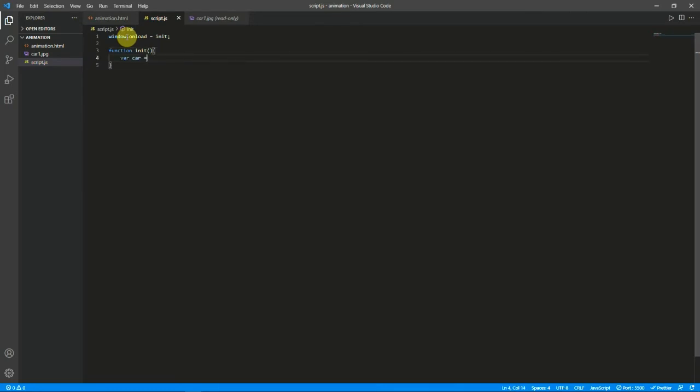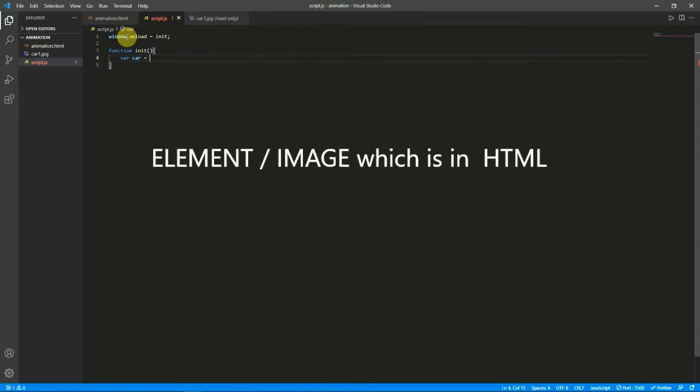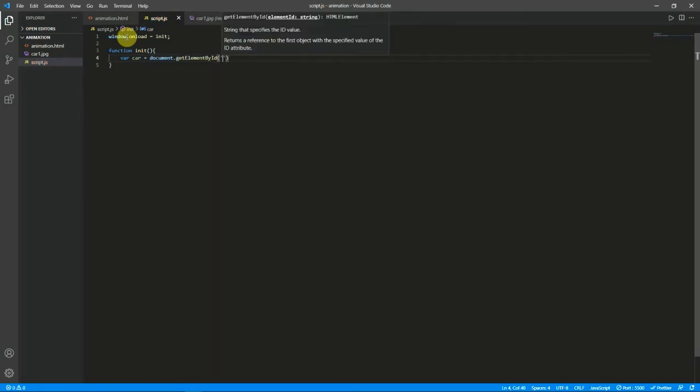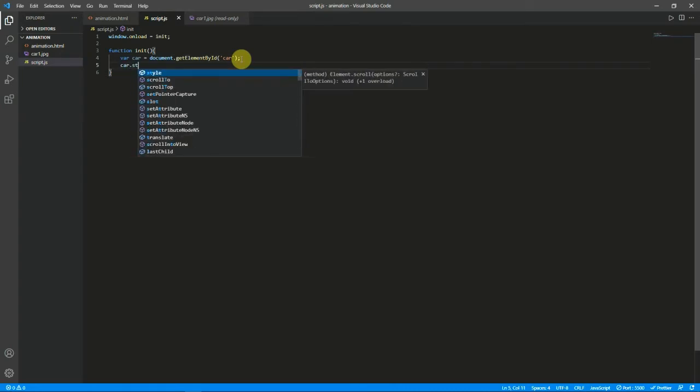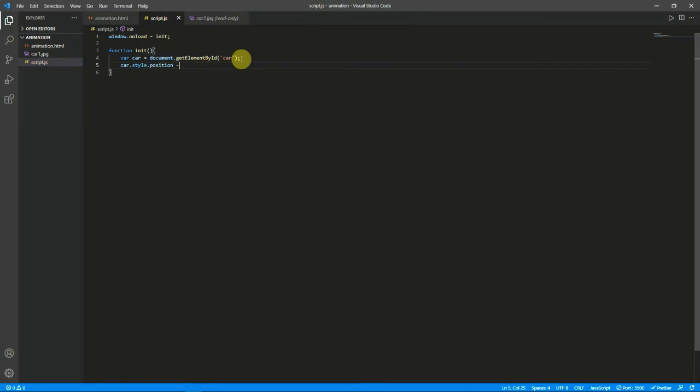Okay, so this init I'll just define it here, function init, and inside this I will just create a variable car and I'll assign the of car. So document.getElementById and I'll just tell car. Okay, so we have the car and we will change the car's position. So car.style.position equal to relative and then car.style.left equal to 0 pixel.